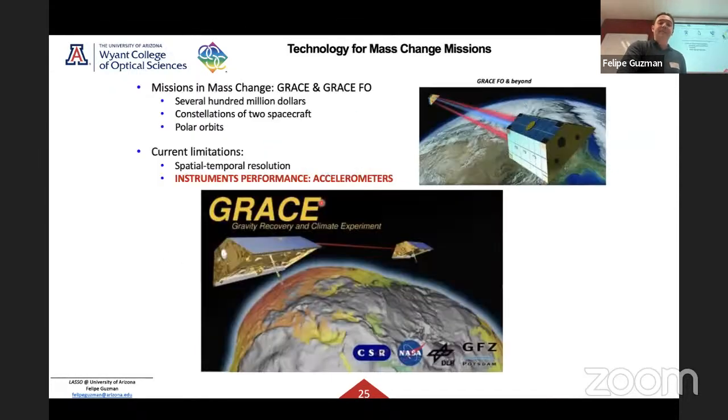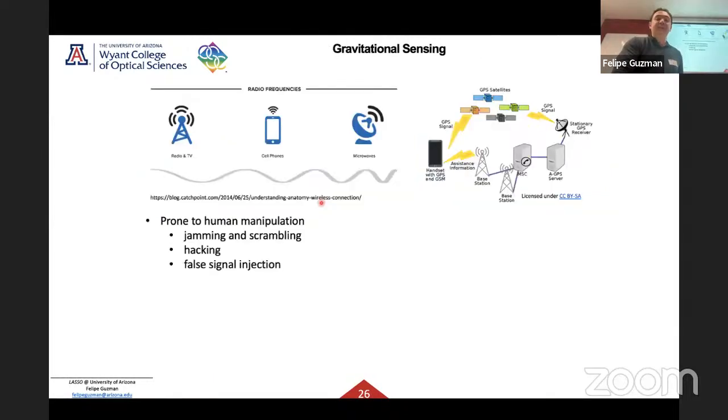So there is quite a bit of effort ongoing in the community to develop new types of accelerometers that can be used for these observations. And these accelerometers can also be operated on ground. It turns out that there's a great deal of information that you can achieve doing gravitational sensing on ground for planetary sciences and such. And the reason for that is